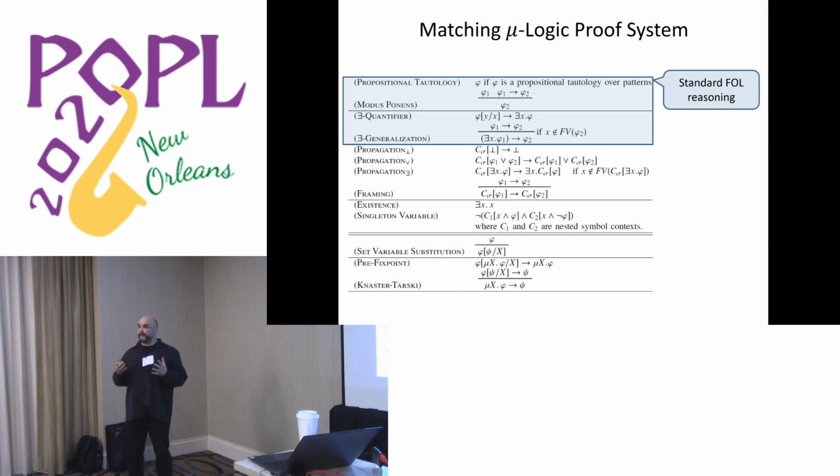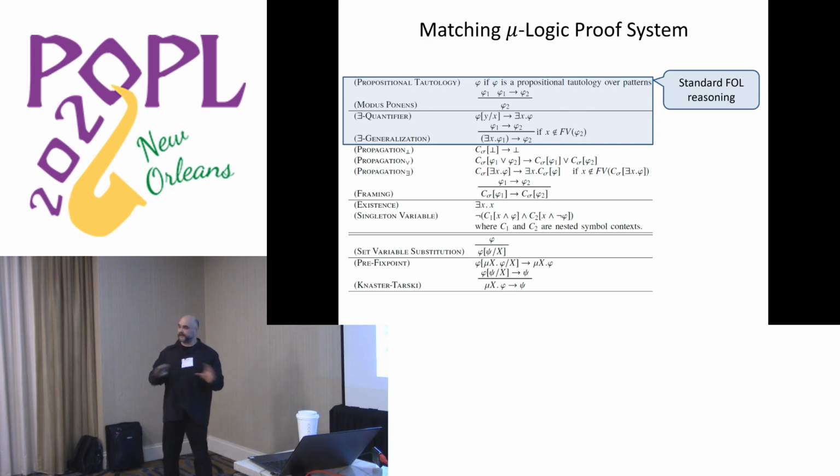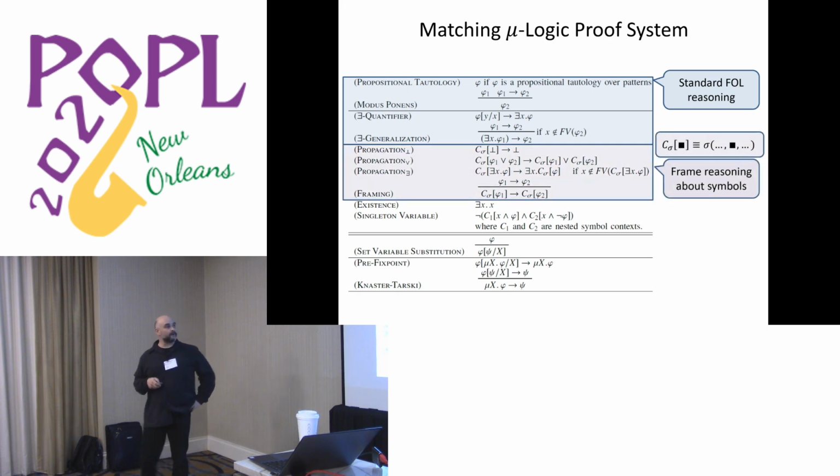Then you need to think about propagation, because you can put symbols on top of logical connectives, like in modal logic, for example. You need to worry about how reasoning under these symbols propagates. And it turns out that some reasoning propagates and other types don't. In particular, things related to case analysis propagate. So if I have a symbol context, this is a sigma, and I go to some of its arguments, then bottom is propagated, disjunction is propagated, meaning that I can do case analysis locally. Also, existential quantifiers propagate. I can move an existential quantifier from here above.